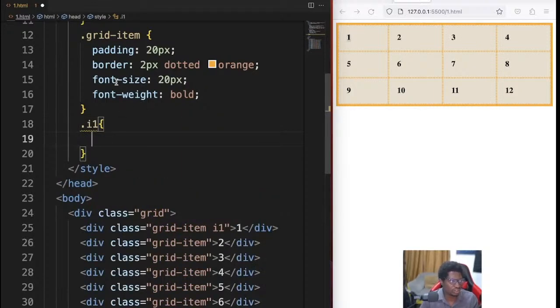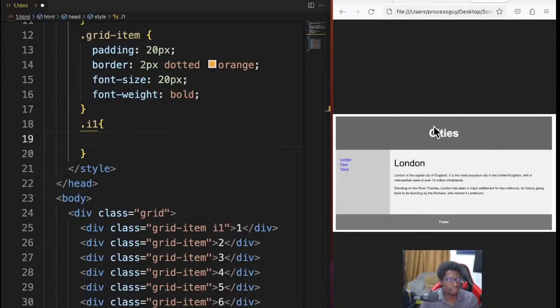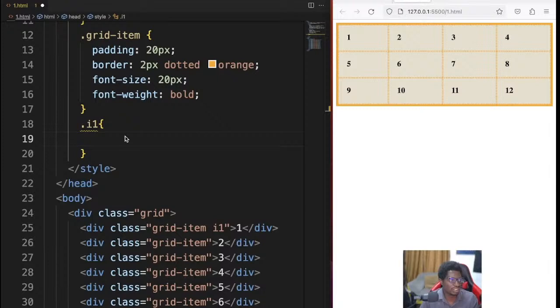So let's give it that unique class. Or you want to make 1 take over 2 spaces like that. Or you want to make 1 take over the entire row, just like in this example, right? So how do you do that? There's a property called grid column,